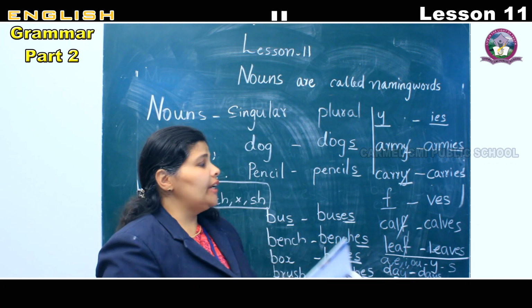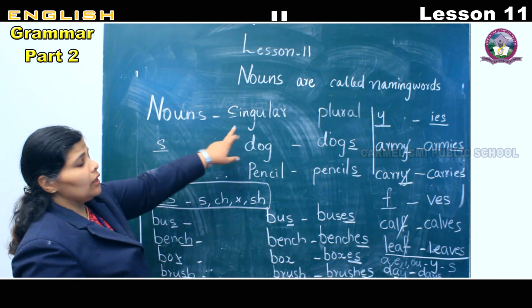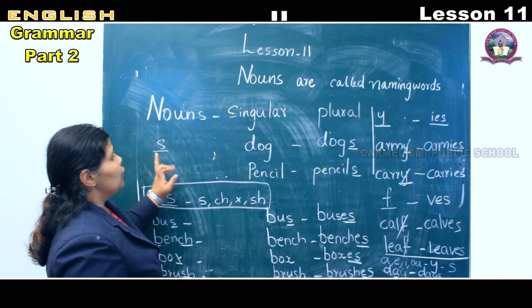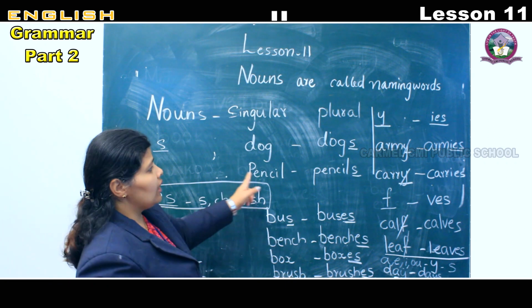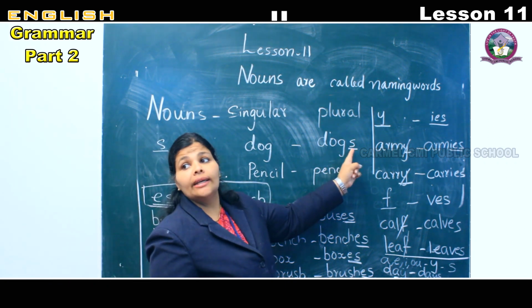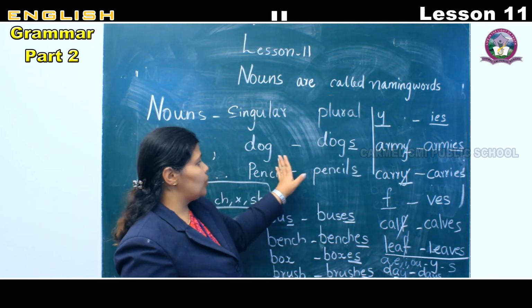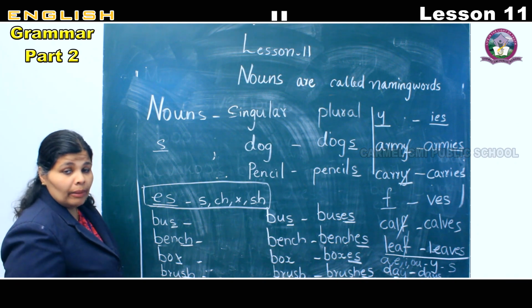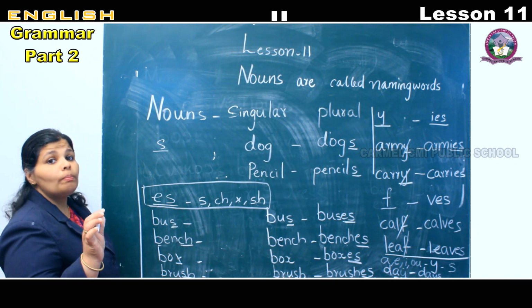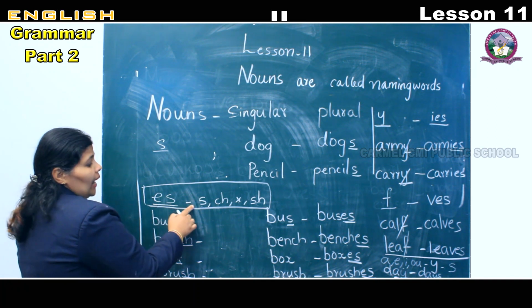Now, we have already learned. Let's sum it up now. Nouns, singular, plural. To make singular into plural, the first one is just adding S to the word. Just adding S to the word. Now, point to remember, or point to learn by heart. ES, we add